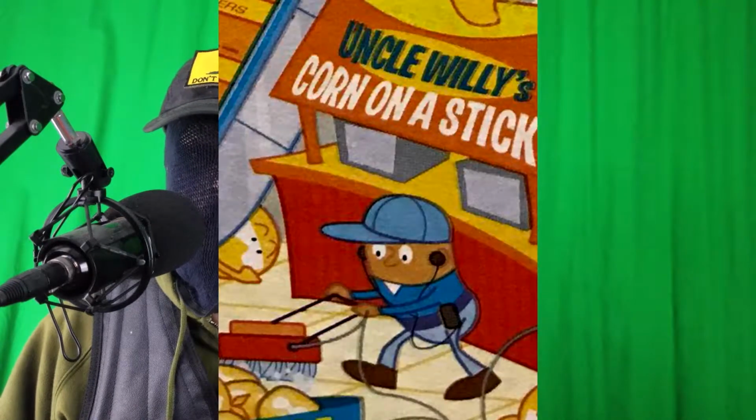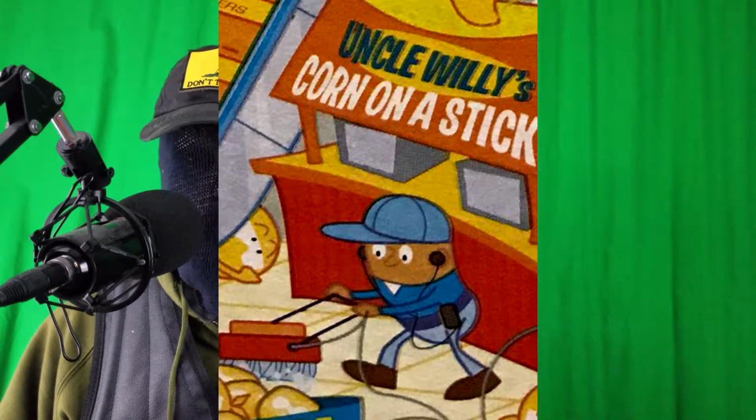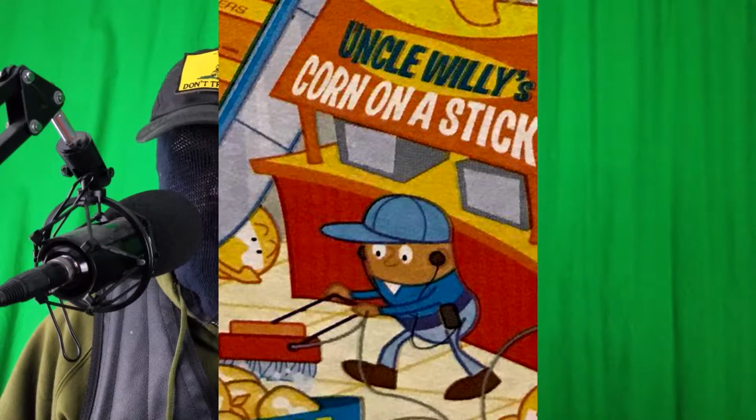So on this box, there is a character, and mind you, these are all Corn Pop characters. There's a character that is a janitor, apparently. He's like buffing the floor for some reason. And he seems to be a shade darker than the rest of the Corn Pops. So some people are taking that as